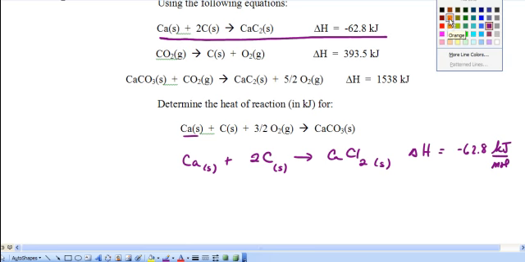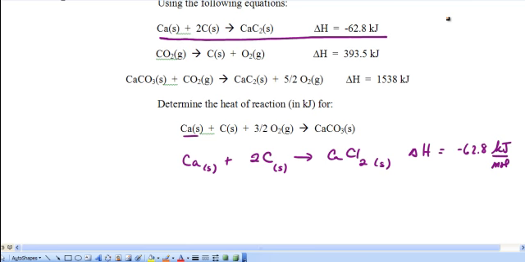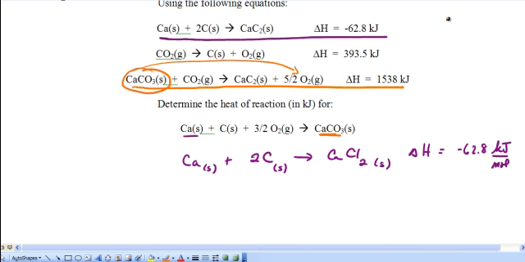Now let's go to this bottom one first. I'm not quite sure what we want to do with the middle one yet, but let's take a look at this bottom one, because I want to get the calcium carbonate, which is right here. I want to get that on the product side. So I'm going to reverse this reaction, which also means you have to reverse the sign on the delta H. So we're going to write this out as